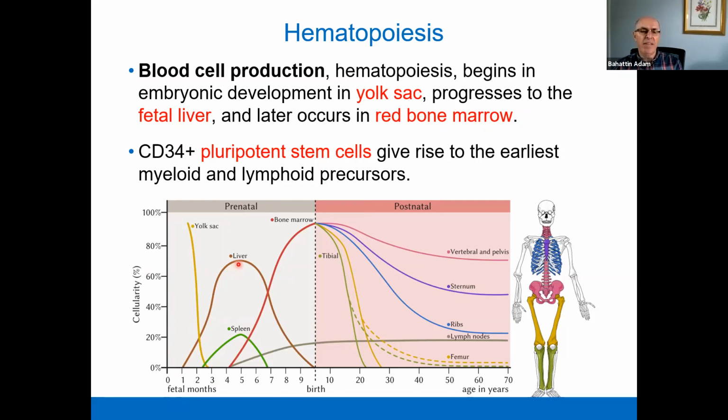The liver started to produce blood cells. As you see, the production of cells in the liver increases, and then decreases at the end, at birth, right? And the spleen takes